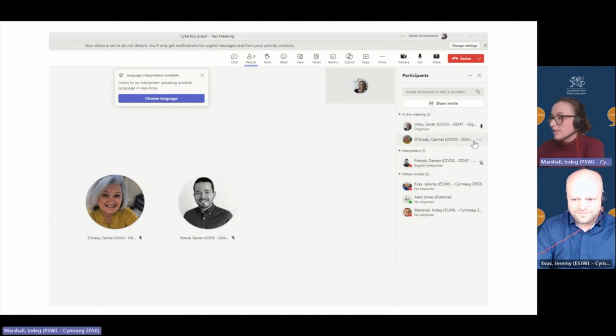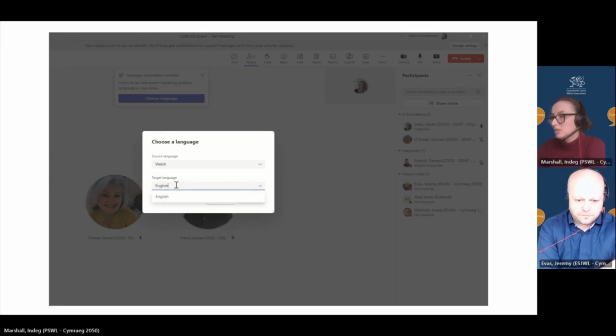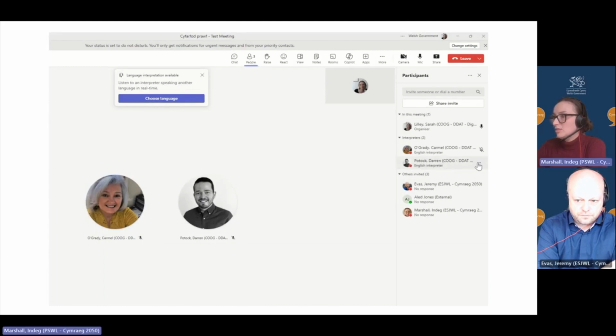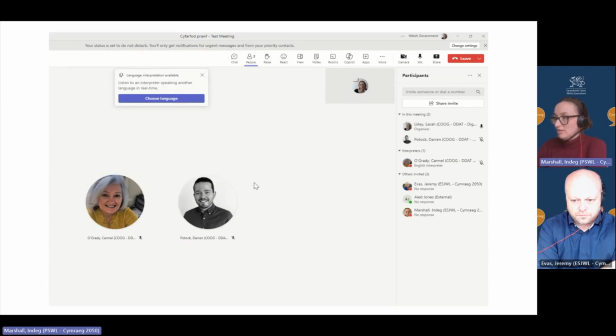We go to Carmel's name, click the 3 dots and select make an interpreter. And you would pick the source language, which would be Welsh in this case, and target language would be English. Confirm. So Carmel is now an interpreter, and then you can make Darren an attendee. Just click change. And there you'd have it then.